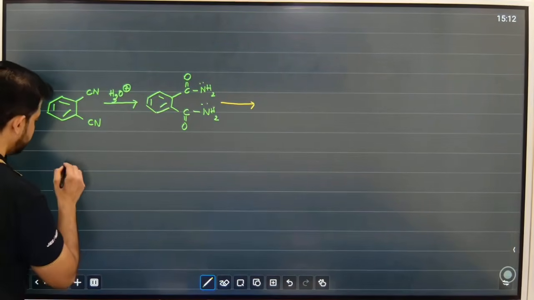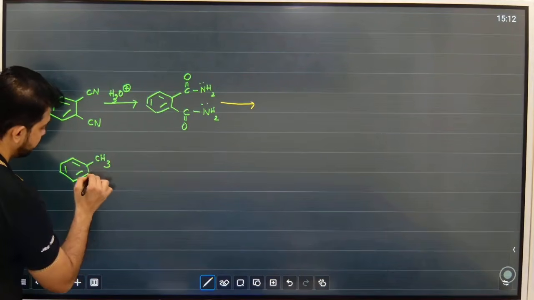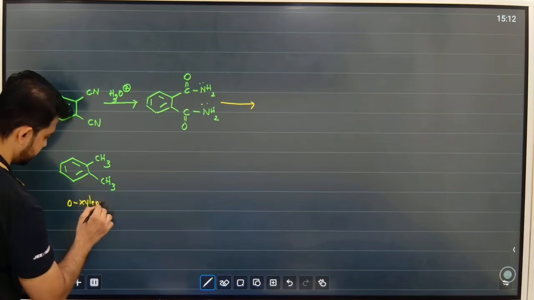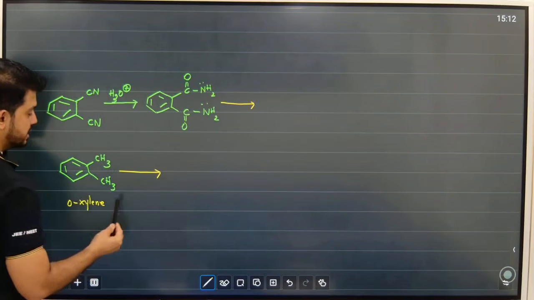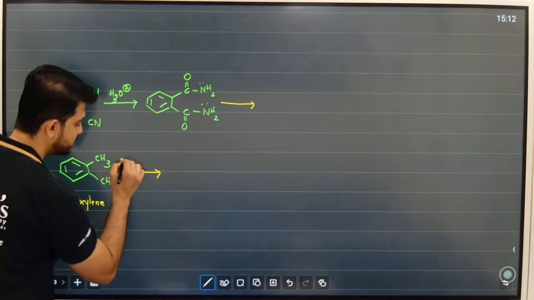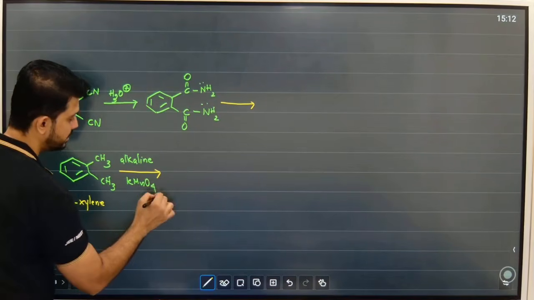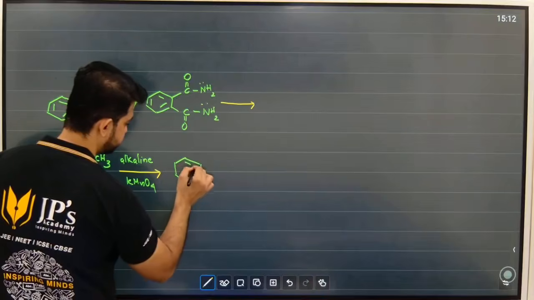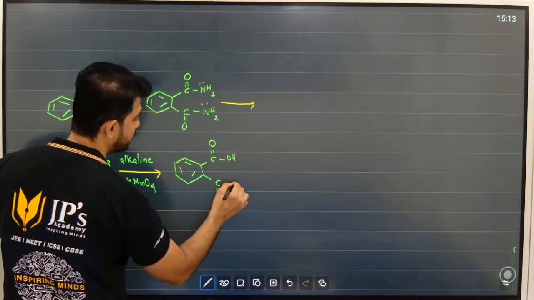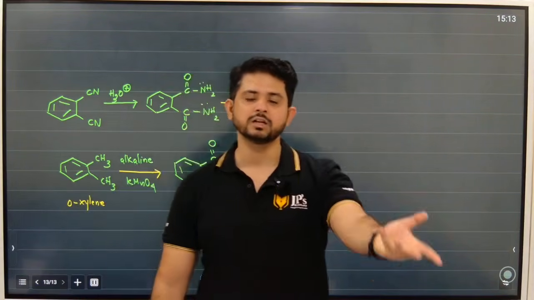Similarly, we can also start the reaction from orthoxylene. Students, the side chain alkyl oxidation, side chain oxidation that you have done to carboxylic acids, using alkaline KMnO4, gives us phthalic acid. And you can take this phthalic acid as the starting point, from the earlier one, then phthalic acid to phthalamide to